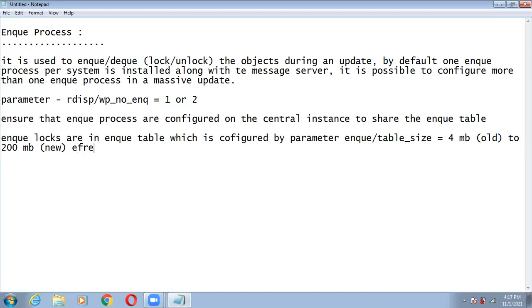Okay. So before NetWeaver 7.2, before NetWeaver 7.20, the size is 4 MB. So this is the default. You can increase the size based upon your hardware configuration, right? But the default is 4 MB maximum; from the new version it starts with 200. So after NetWeaver 7.20, by default it is 200 MB. Okay, right?